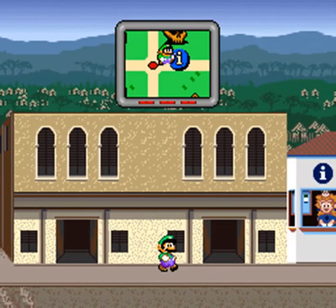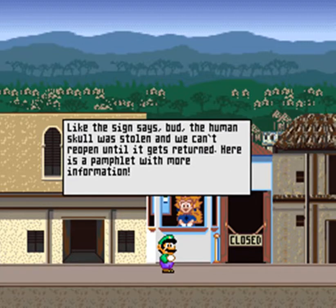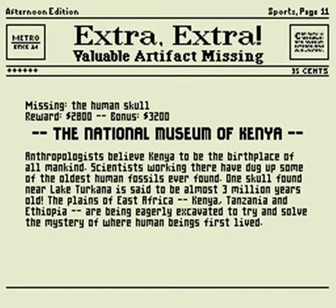Alright, well they have pretty much spelled it out for us, but let's just have a quick chat with this information booth here. Why is the National Museum of Kenya closed today? Like the sign says, bud, the human skull was stolen and we can't reopen until it gets returned. Here's a pamphlet with more information. Missing the human skull. Reward $2,800, bonus